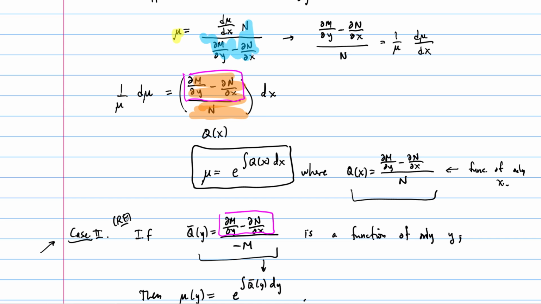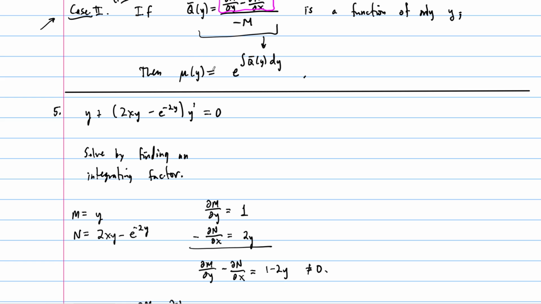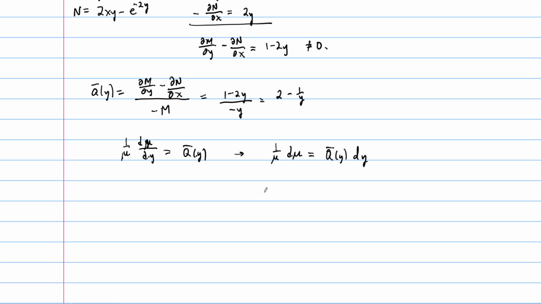This is part of the recommended exercise of working out the formula with respect to y. It's very similar to this, just with respect to y. And so this is then going to give us 1 over mu d mu is equal to Q hat of y dy. And eventually we get to exactly this formula for mu. I'm working out steps that you should have already done in the build-up here, but that's okay. So we're going to get that our mu, after some steps,